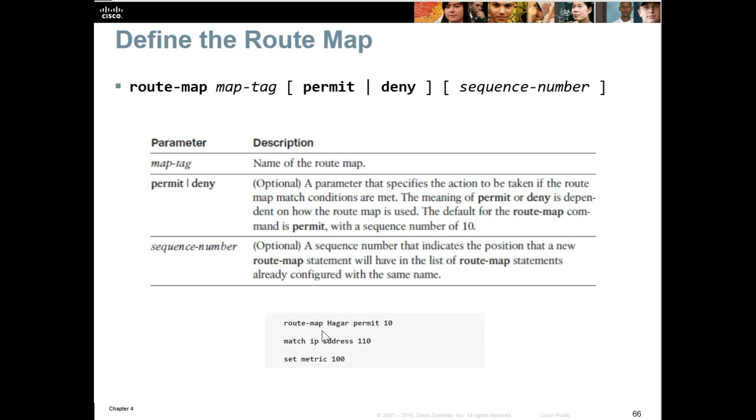Okay, so route map, nama dia Haga and permit 10. Okay, so to permit a set of routing information lah. So if we match the IP address of a list, okay, 110 ni could be a list, then set the metric of 100. Okay, so set the metric for a particular routing protocol. So permit 10 sequence number ni maksudnya kalau sebelum ni